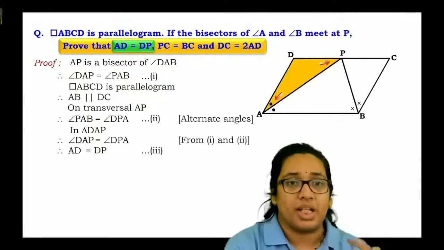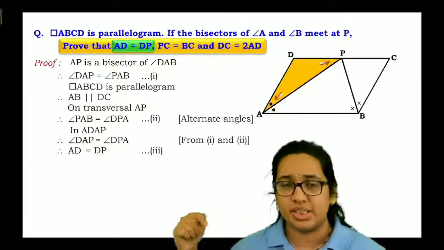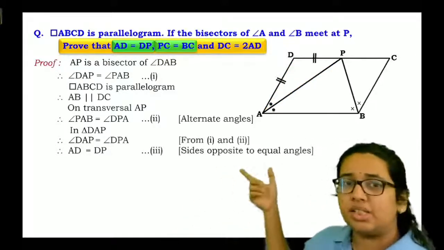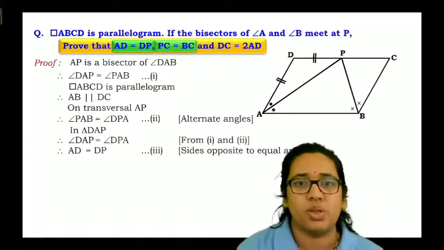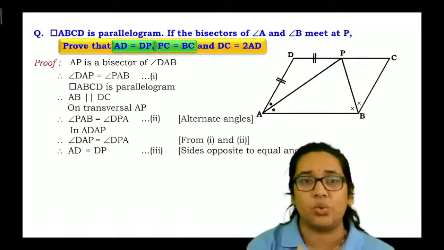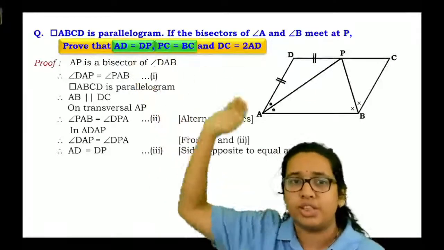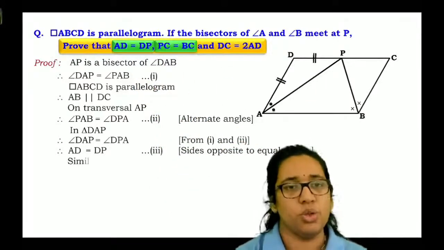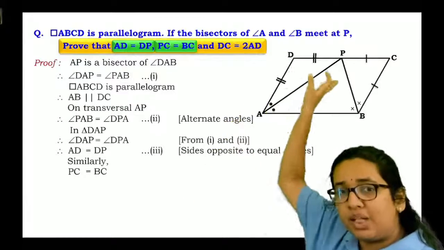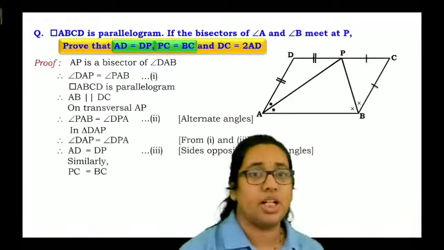So, if angles are equal, then the sides opposite to the equal angles are also equal. Sides opposite to equal angles are always equal. So you can say that AD and DP will be equal. That was our first question. Now, similarly, just as you considered AP as a transversal, if we consider